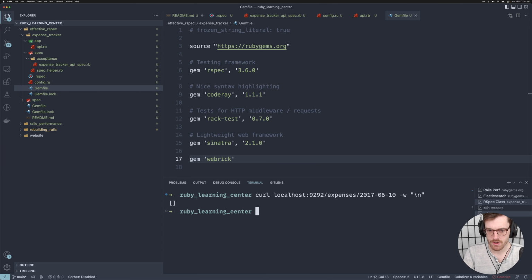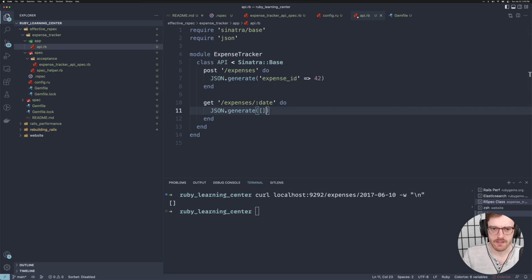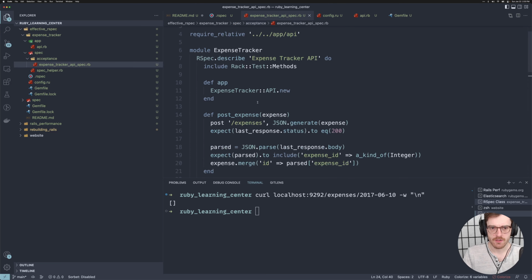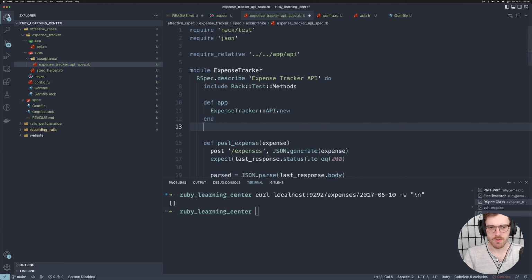We can open up a new one, post that curl request that this was mentioning, which is going to give us back an empty array. Okay. And that looks like the end of the chapter. So now then, let's go on a little bit of refactoring real quick. So with expense tracker over here, let's start with